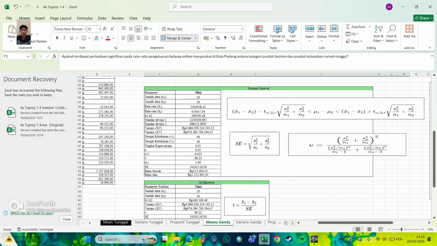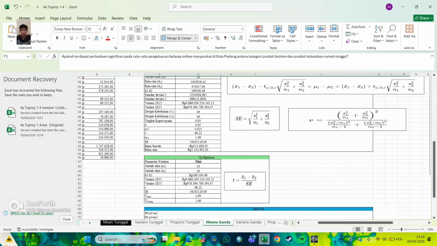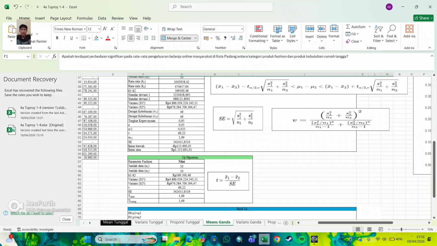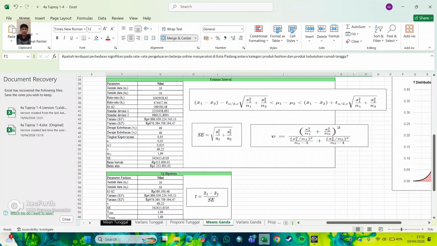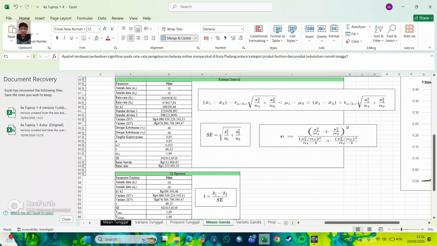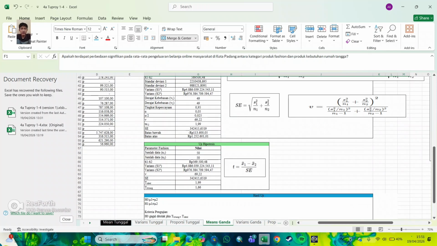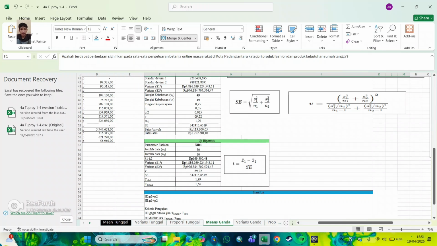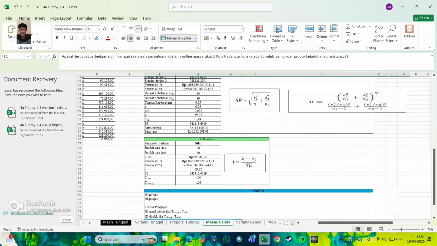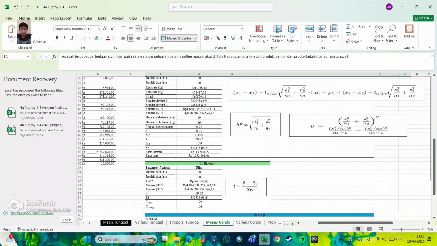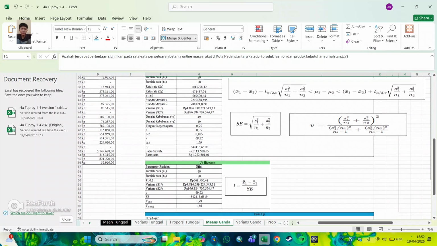The next step is we want to know about interval estimation. We fill up the table with all the parameters, and there are some additions in this table. There is x1 minus x2, the average of sample 1 minus the average of sample 2. Also, the new phi here is the degree of freedom between the two samples. With this formula, when we substitute the values, we get the degree of freedom of 69.22. And we also have an SA here. With this formula, we get 342,415.